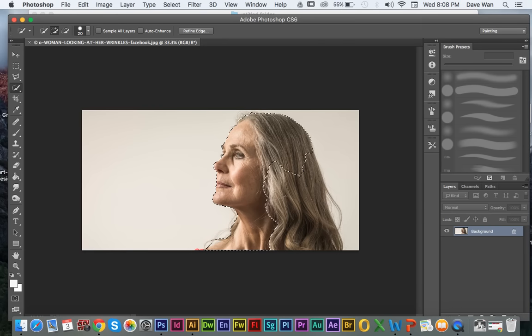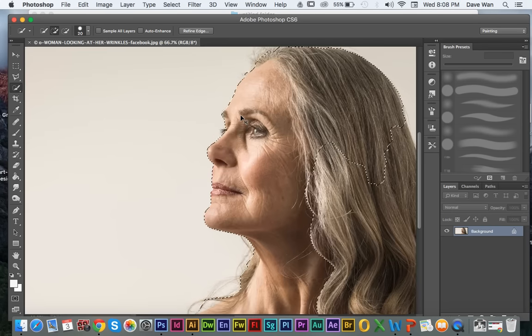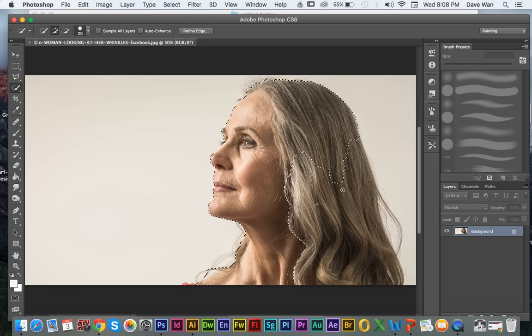Once you get closer to the hair, you don't need to get those little strands of the hair, but just get the general shape of the hair. Again, don't worry about the strands. I'm not going to worry about selecting this part here, because we're going to use a tool to help to select that area better. Alright, so I'm going to try to get a little bit of this eyebrow here. Alright, so this is actually pretty good. So you want to have a selection of like the majority of the portrait, and then after you've done that,